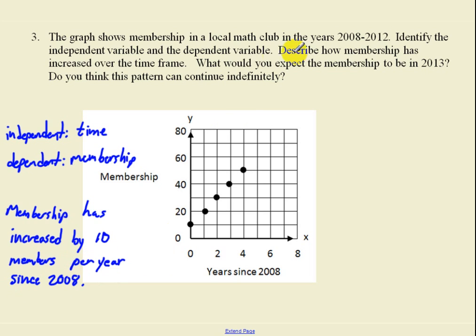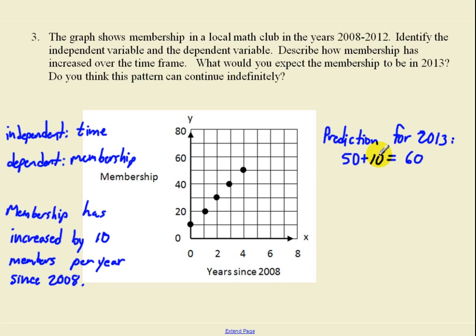Okay, and what would you expect the membership to be in 2013? So this is going to be a prediction for 2013, because we have no way of knowing for sure. If we're sitting in 2012, we have no way of knowing for sure what it will be the following year, but we're going to predict, as long as it's following this trend, that it's going to go up by 10 again. So if it was sitting at 50 members in 2012, then we would expect 50 plus 10, or 60